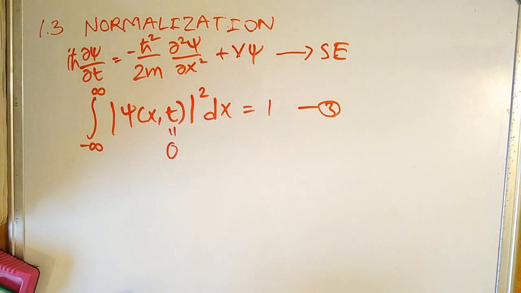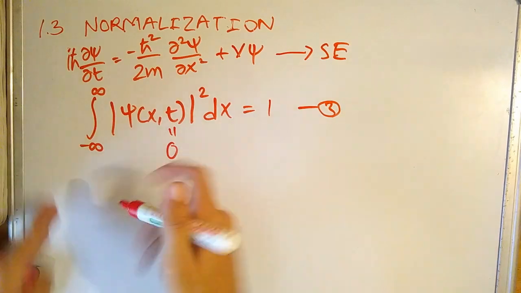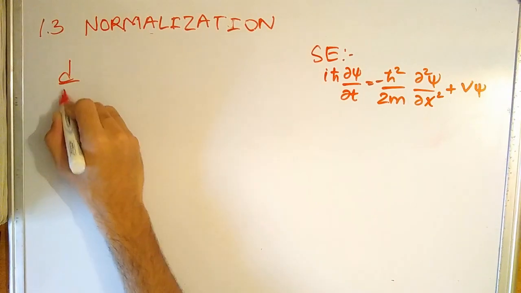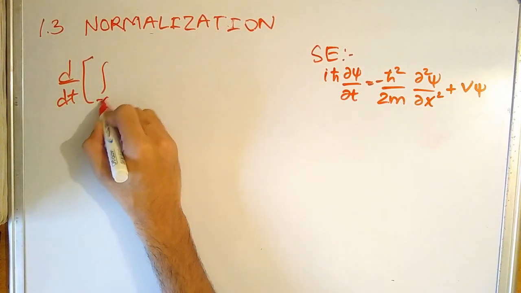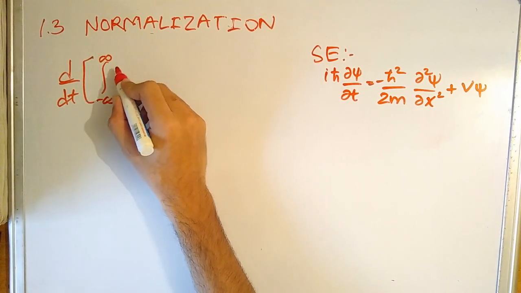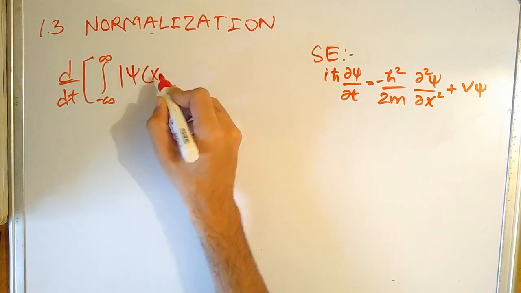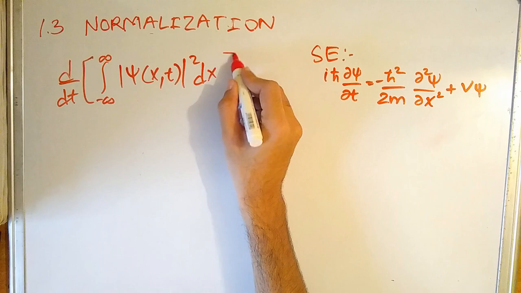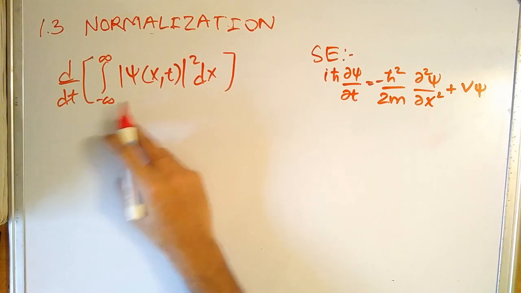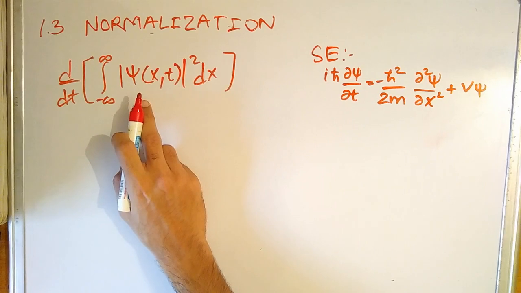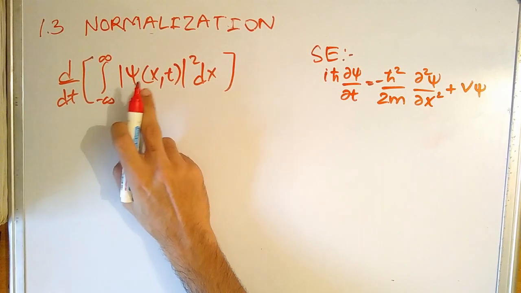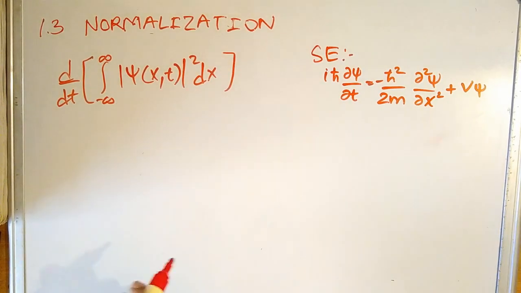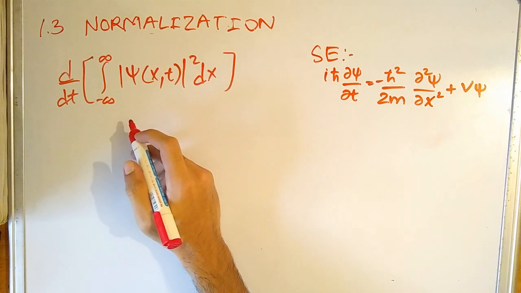So to check this case, we will just take the time derivative of the left part. So now the time derivative of the integral from minus infinity to infinity of |psi(x,t)|^2 dx. Now we can see that we can't just take this derivative sign inside directly, because the wave function psi is dependent on both position and time. So by the Leibniz integral rule,